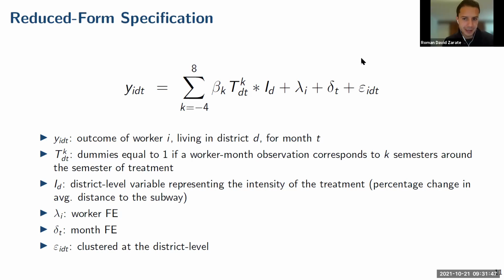I have a paper in Mexico in which I look at the subway expansion, and the treatment there is just a dummy variable if a new station is within a 15-minute walking distance to the home of the people. So it's definitely something that we should do. Right now, the problem here is that the worker is the one that is treated. So we need to think a little bit more about how to define the treatment.